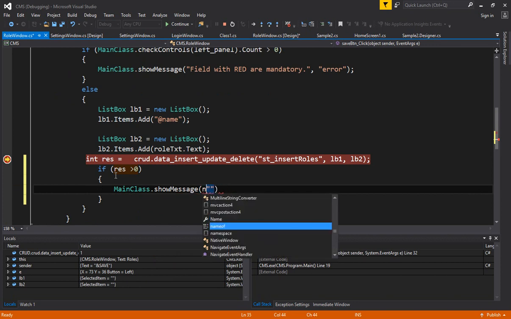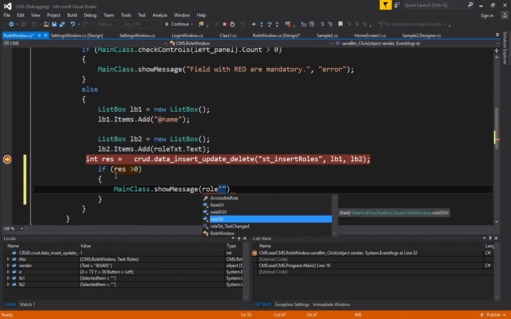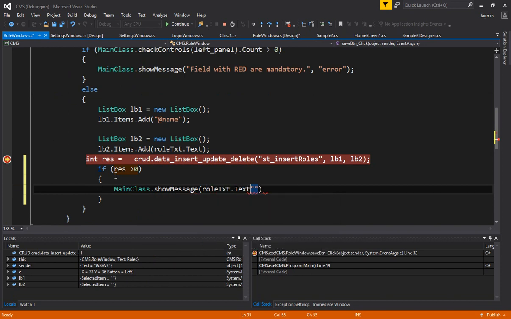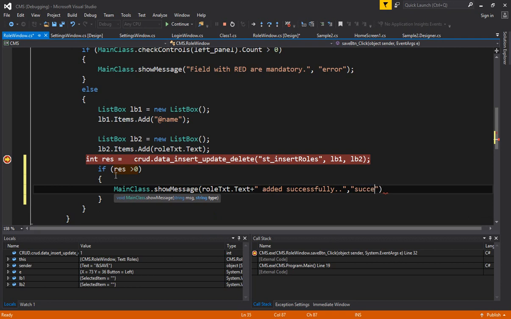So the role text, what you can write here, role text dot text added successfully. So added successfully. Okay, so the message will be displayed, and then the message type is success. Okay, so that's it. Now when you press F11,